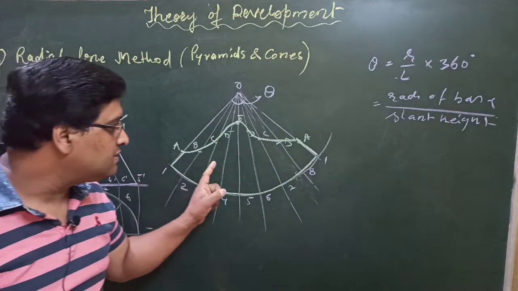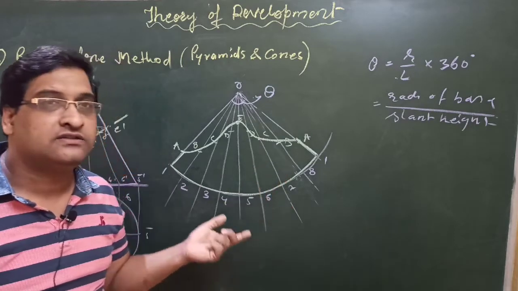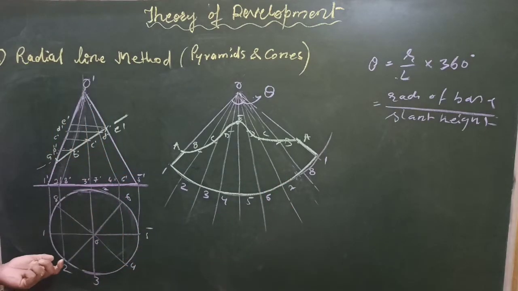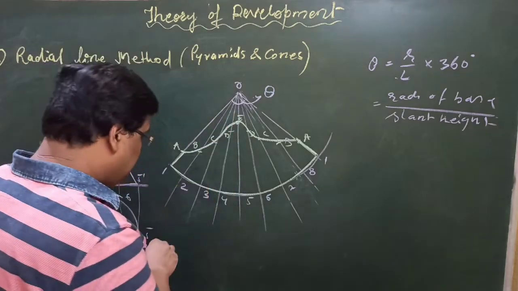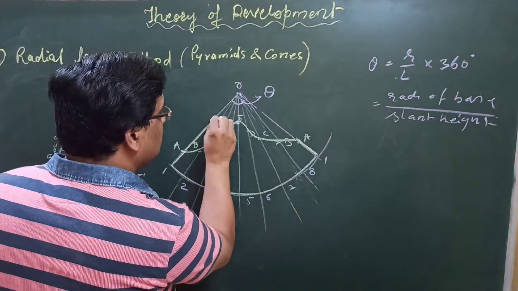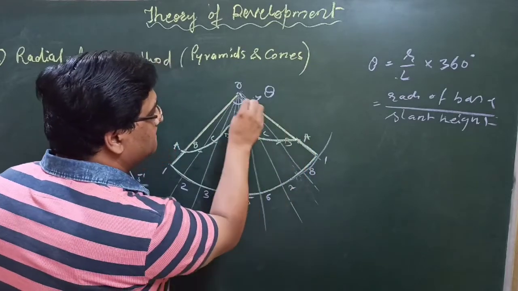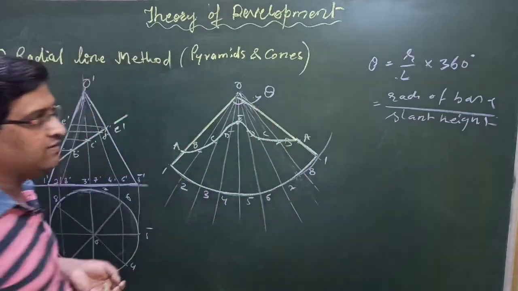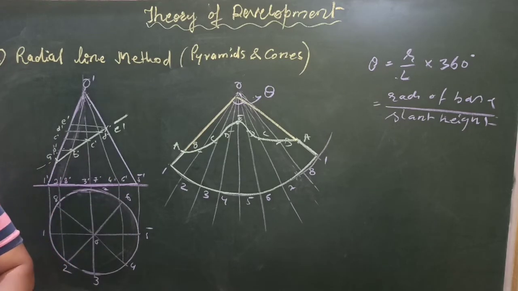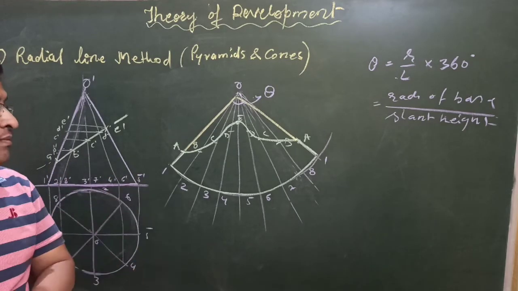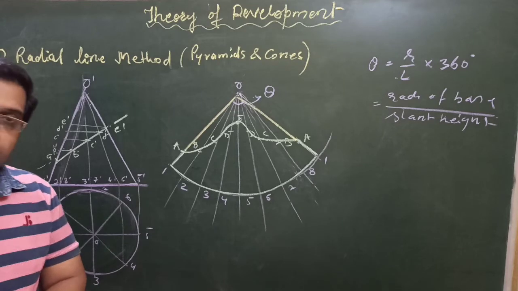Need not darken these lines, because these lines are the construction lines we have divided there. These lines are not present in the solid. If upper part has been arced, then you have to darken only this part and the line of intersection. So in this manner you can give the development of the cones also. Thank you very much.